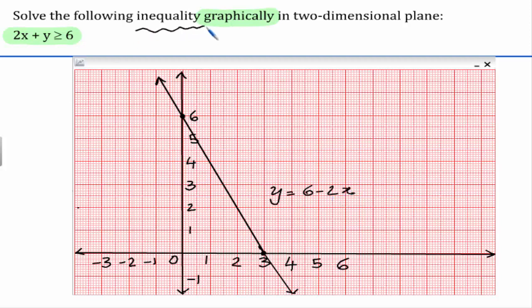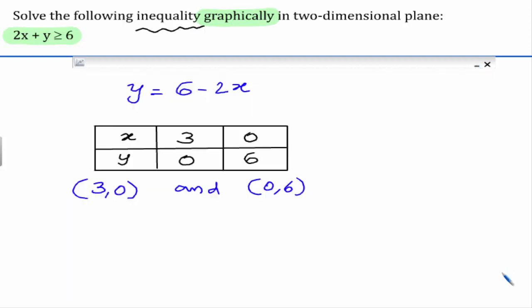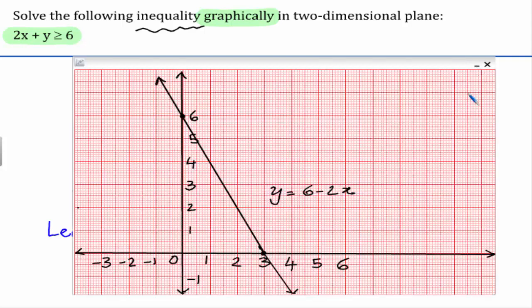Now as it is an inequality, the solution of the inequality will be infinite. We will select the region. Let us consider the point origin. And here you can select any point. You have to see that if the line is not passing through the origin, then you can take the origin because it is easy to substitute. If the line is passing through the origin, then you can take any point which is not on the line.